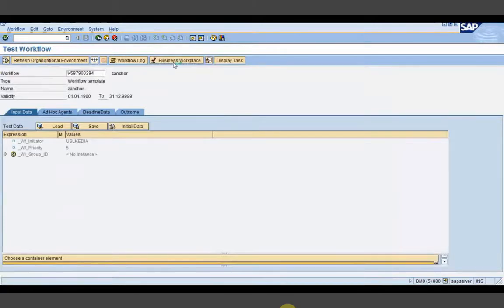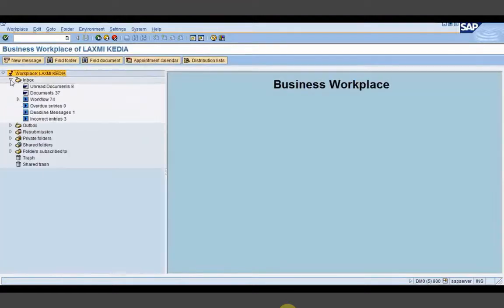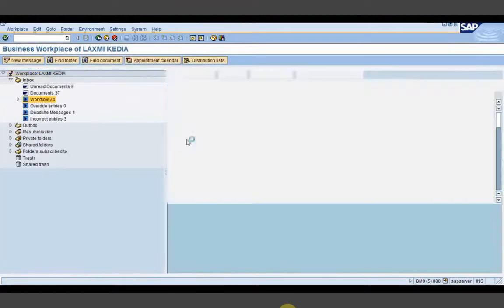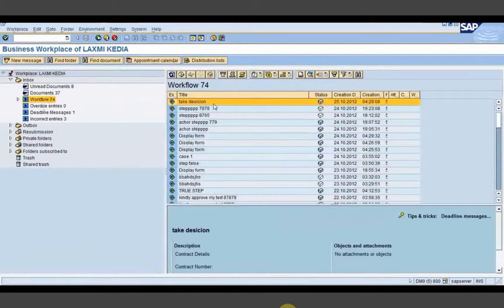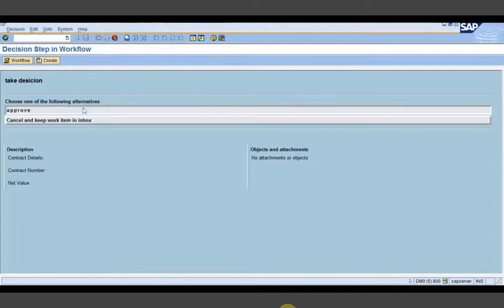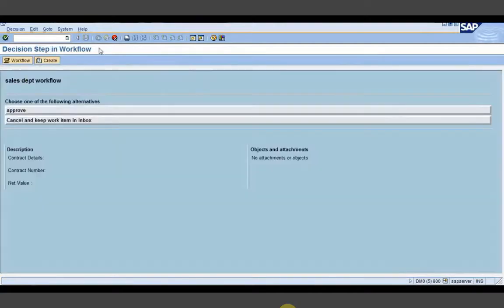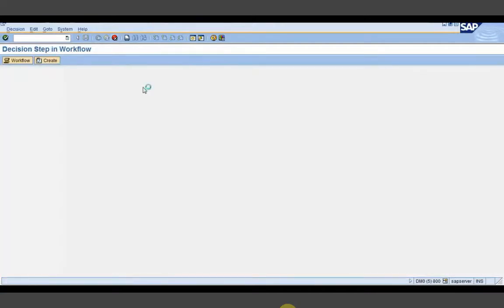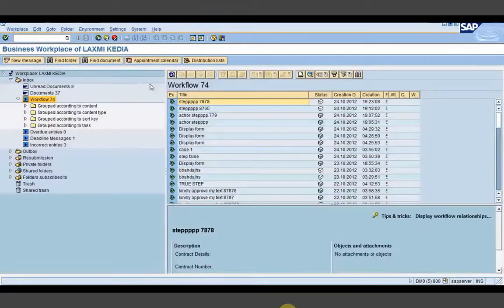Now I will go to the business workplace and approve the first workflow 1. Then I will show you how that sales department, that particular user decision, got executed. So this is the first workflow work item. Once I execute this, I should receive one sales department workflow.